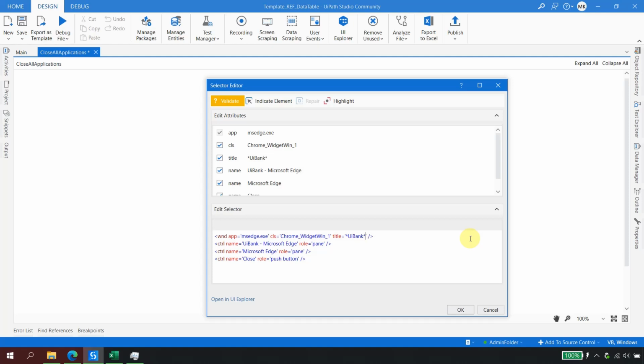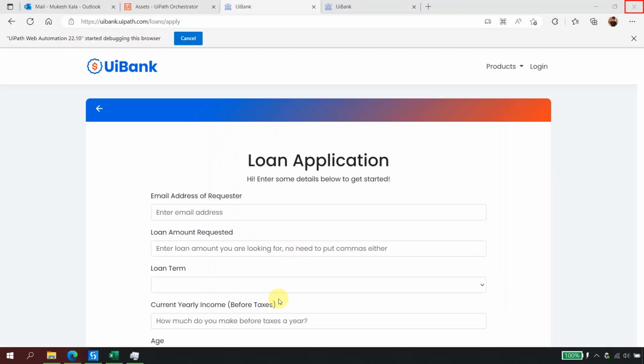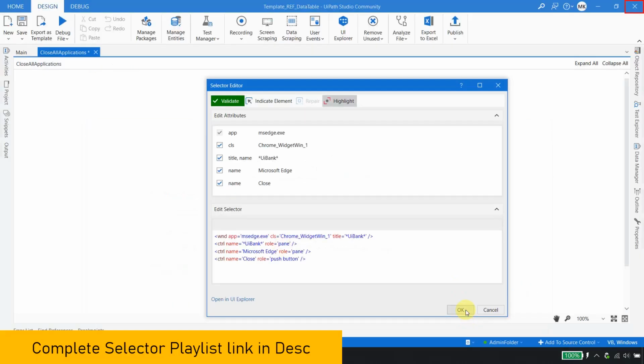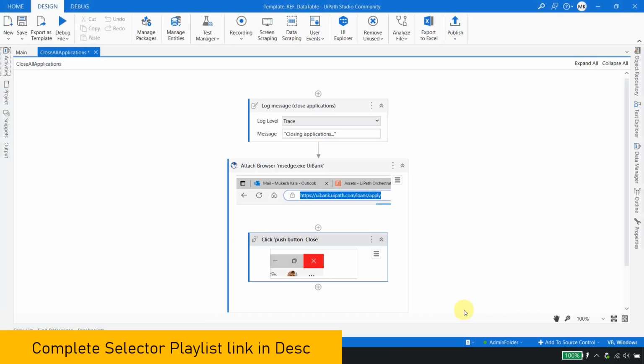Again, as a developer, if you are working on UI automation, you need to be very comfortable working with the selectors. Selectors are the base of UI automation. So I'll go here, and wherever I see some extra information, I'll simply put a star mark. Validate, highlight, and this looks perfect, and I hit OK. There is a dedicated playlist explaining the selectors in detail one by one, and the UI Explorer as well. In case you are new, feel free to explore the selectors video both in English as well as Hindi,